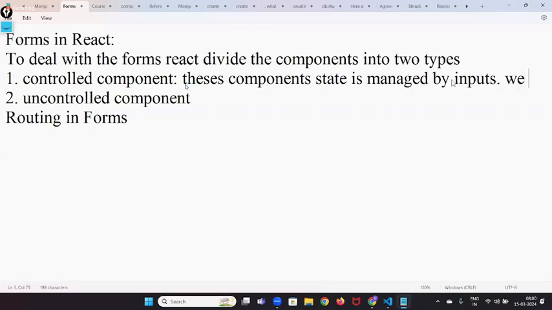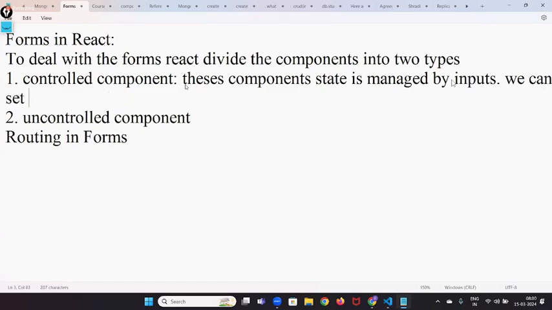We can set state to input elements, so we can control them. We can set the state to input elements. But uncontrolled components,